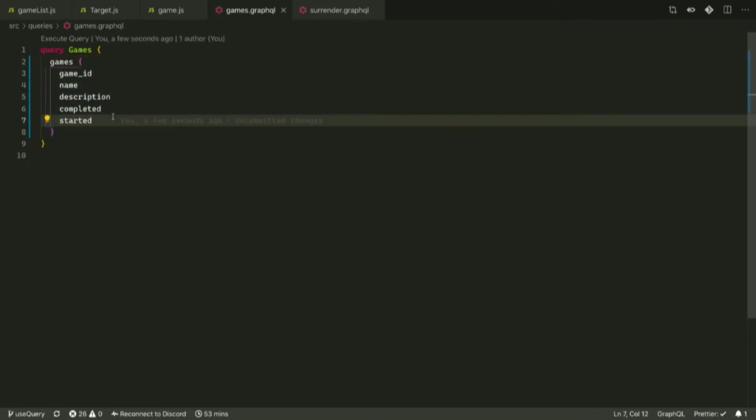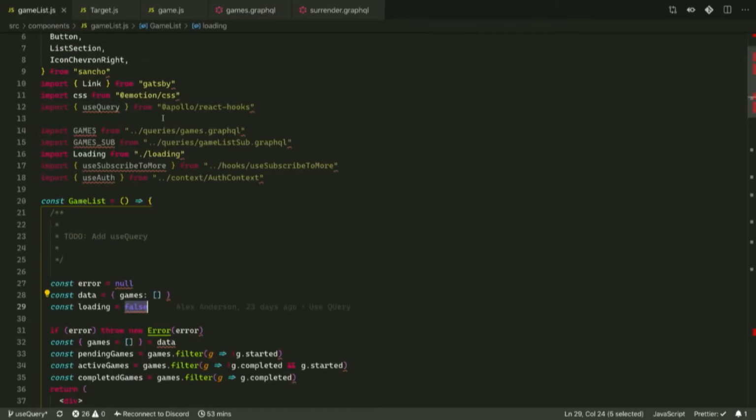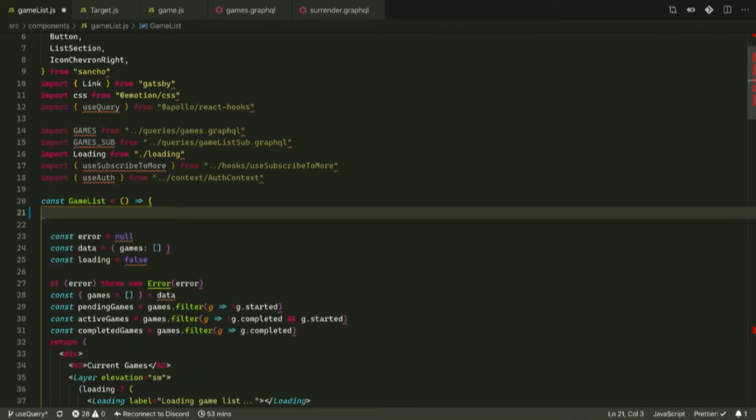So I'm just going to paste that into this file that I've already created to get this games query, and that's being imported right here. And then down here, I can use query. So just so that we can see what useQuery provides us, I'm going to console log